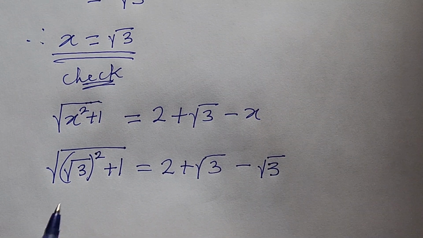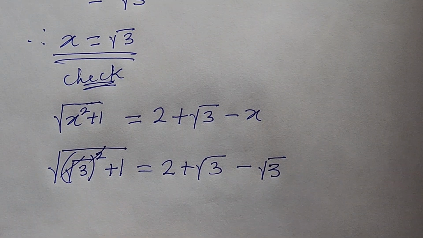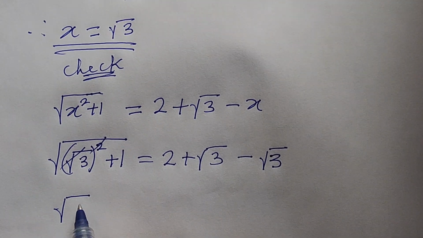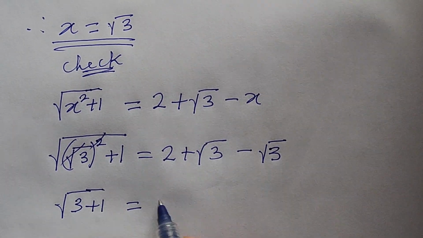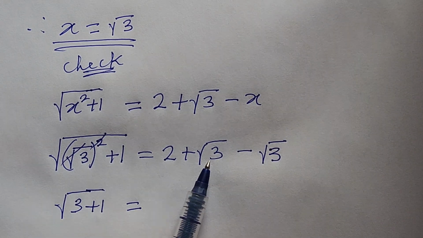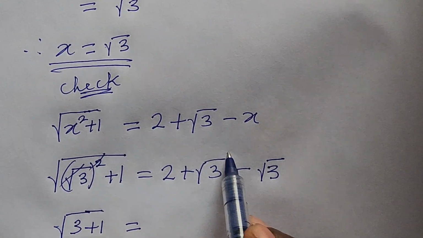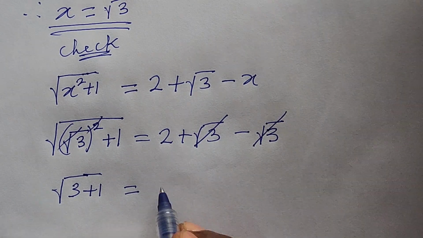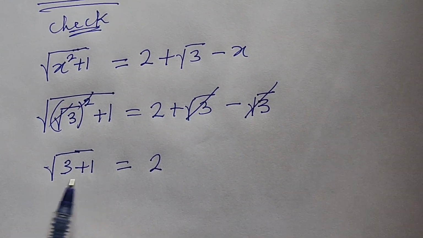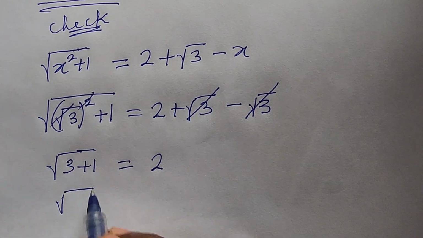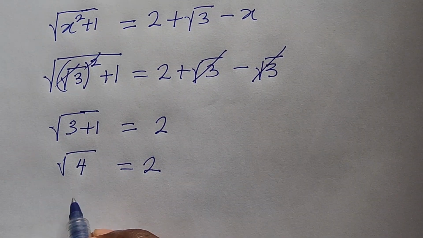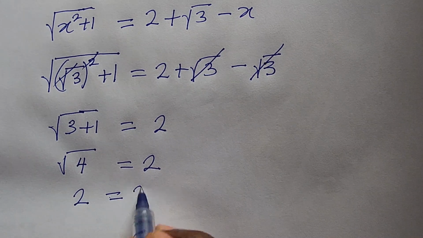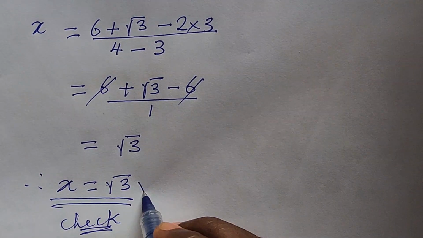So this power goes with this radical, so we are now left with the square root of 3 plus 1. This is equal to, here we are having plus root 3 minus root 3, so this and this will leave. We are left with 2 here. We can add this 3 to this 1 to give us the square root of 4. What is the square root of 4? This is 2. This is equal to 2. So this shows that our answer, which we solved for here, satisfies the